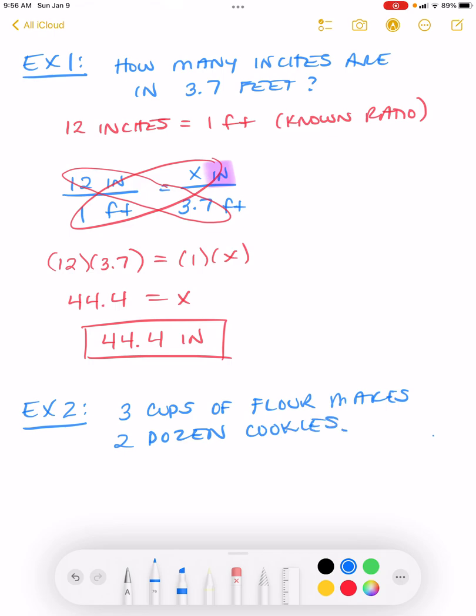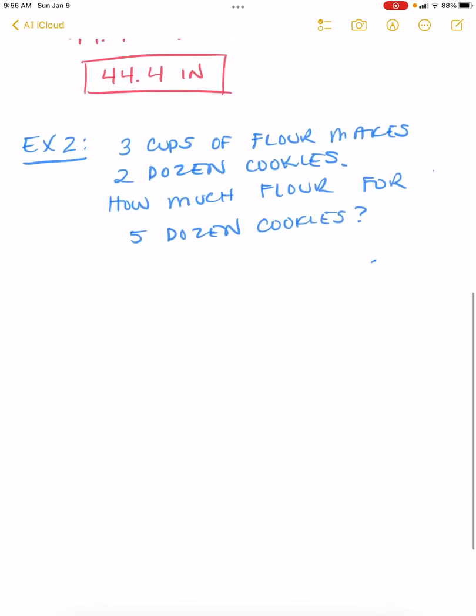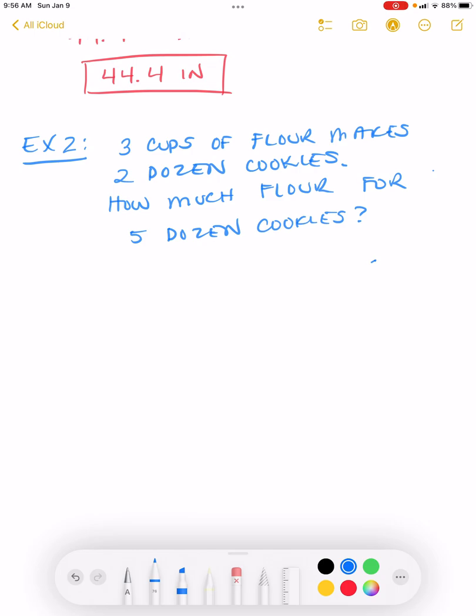So 3 cups of flour makes 2 dozen cookies. How much flour would we need for 5 dozen cookies? Okay, so we want to make more than the recipe calls with 2 dozen. So how much flour would we use for 5 dozen cookies? And the nice thing, remember, about a video is that you can always just hit the pause key,